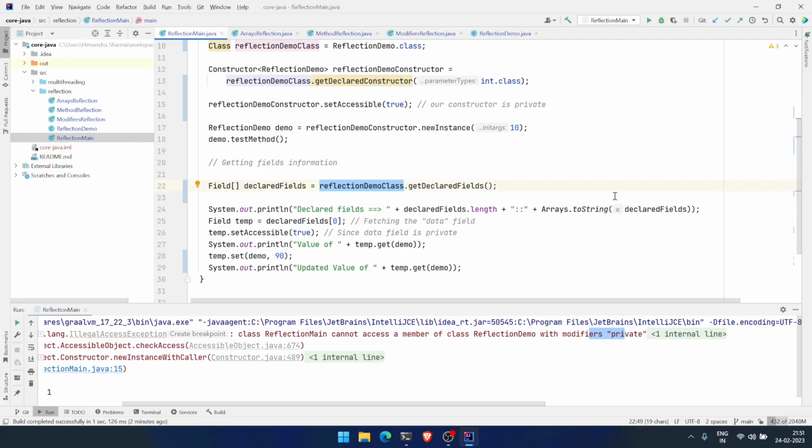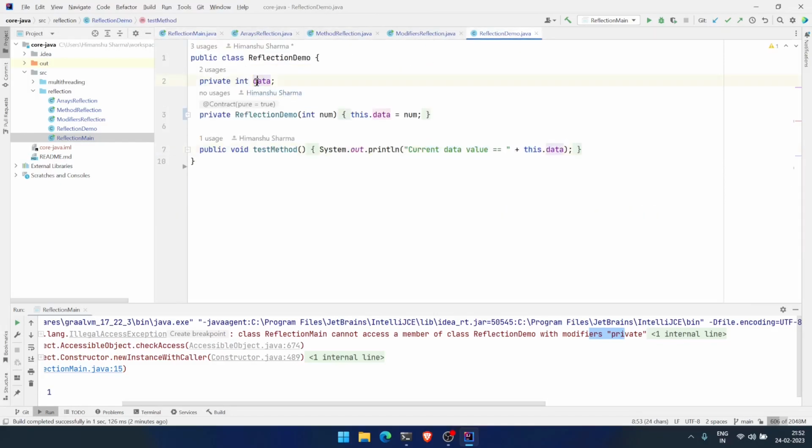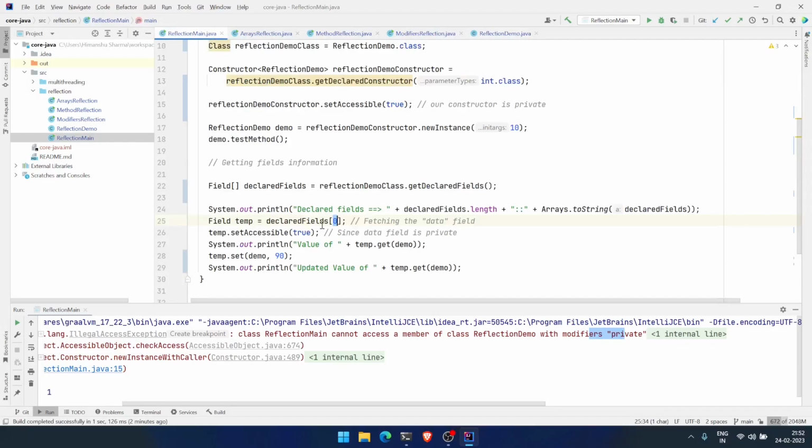Okay, and then I am printing it over here, and from that array I am fetching a particular field. Let's say I'm fetching the first field, and this is our data field, the only private field we have, the only field we have in fact. And then again we are setting accessible as true because our field is private. And then we are printing out that value,